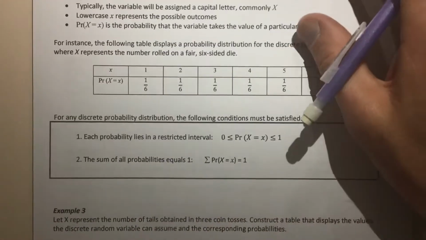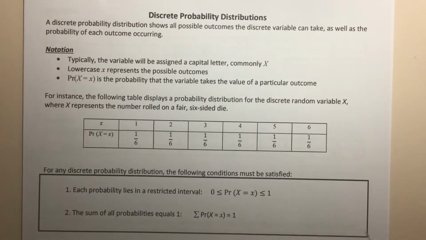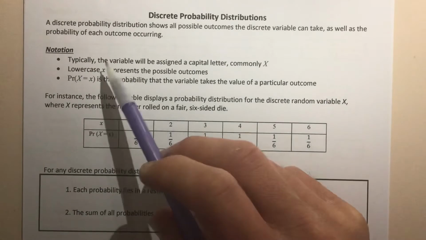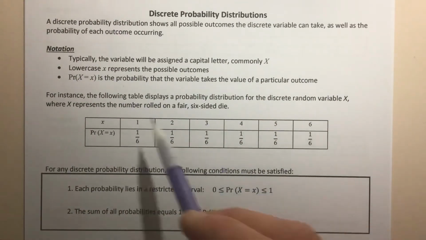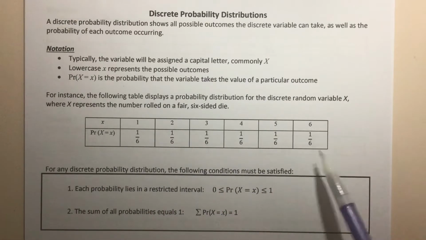Okay, discrete probability distributions. A discrete probability distribution shows all possible outcomes the discrete variable can take, as well as the probability of each outcome occurring. So typically we'll see these in a table, and it looks like this sort of picture you've got here. And this table is going to show you some information about what the possible outcomes are, but also the probability